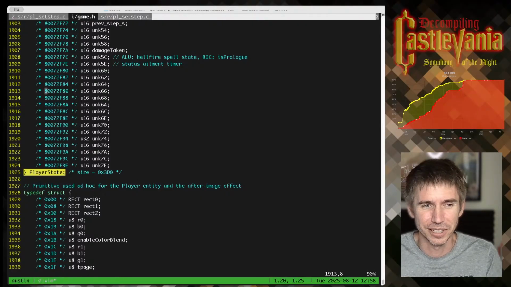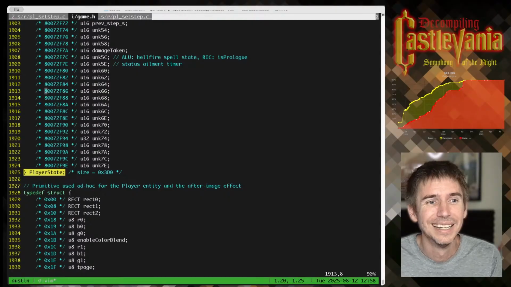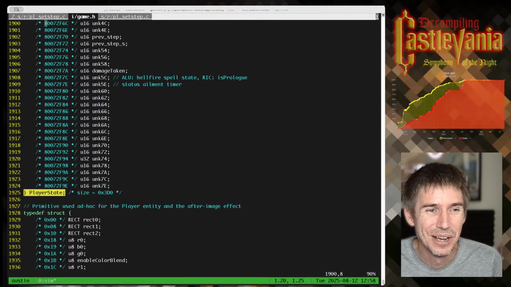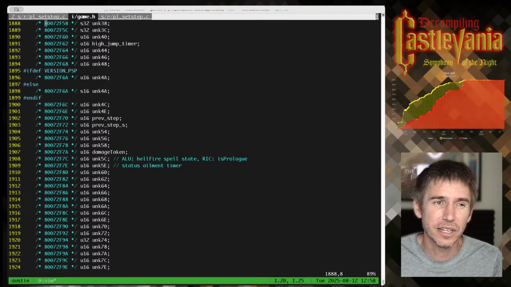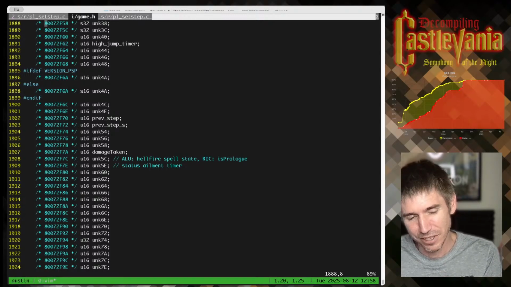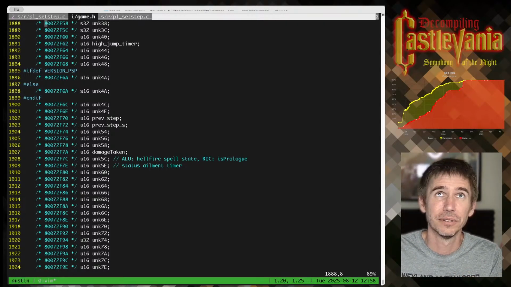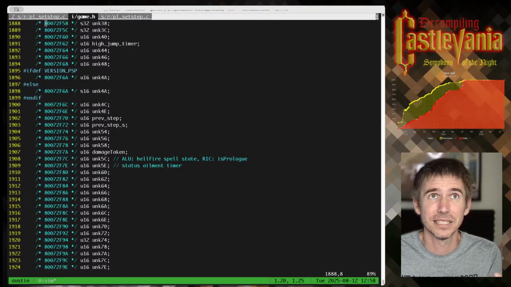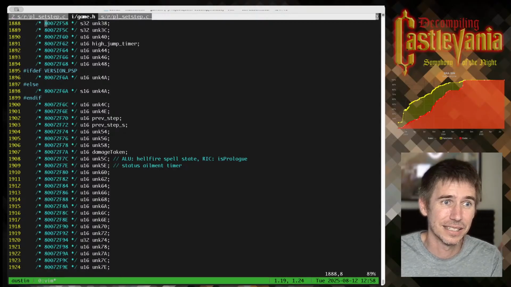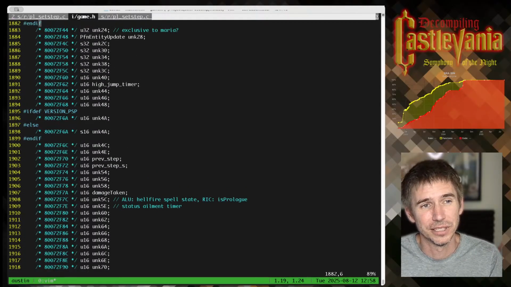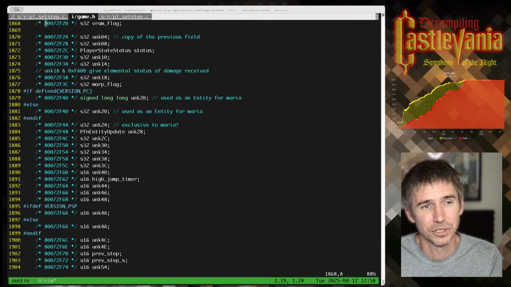It exists for Doppelganger 40, and now it almost spilled. Now it exists for Richter as well. And so with Doppelganger, what I had to do is look at the start of the Doppelganger player state, subtract whatever field that I was looking at, that address, get the offset, then add it to this start of the G player state. It was just a pain, but